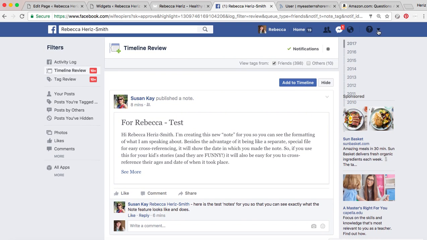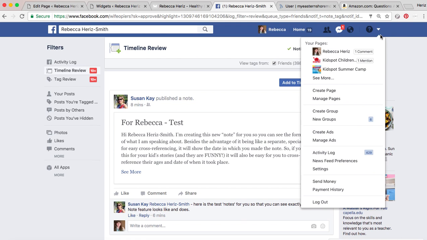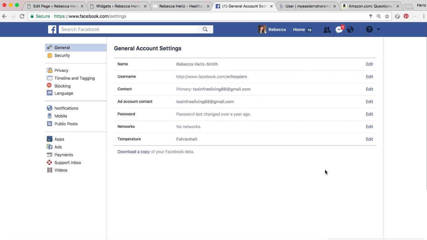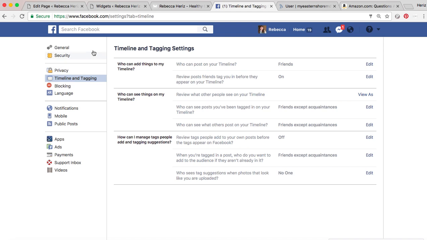So we're going to go up here to this little tiny drop down arrow, and this is how to do it on a desktop. It would of course be different on your phone, and different phones have different apps, so you kind of have to do a search for your type of phone in order to find out how to do it. But basically you're going into settings. So once you find settings on your phone, it should be the same process. So we go into general settings and scroll down to timeline and tagging. And here you see you have a lot of different awesome options in here to control what shows up on your timeline,